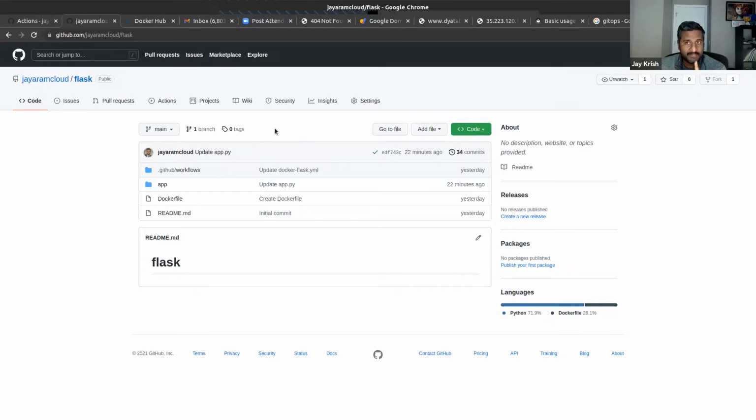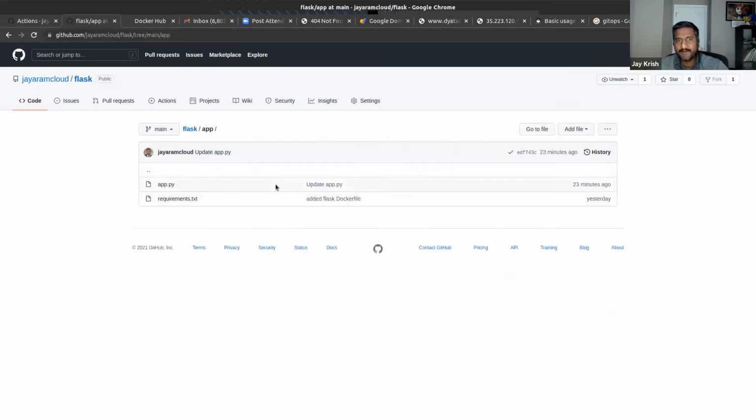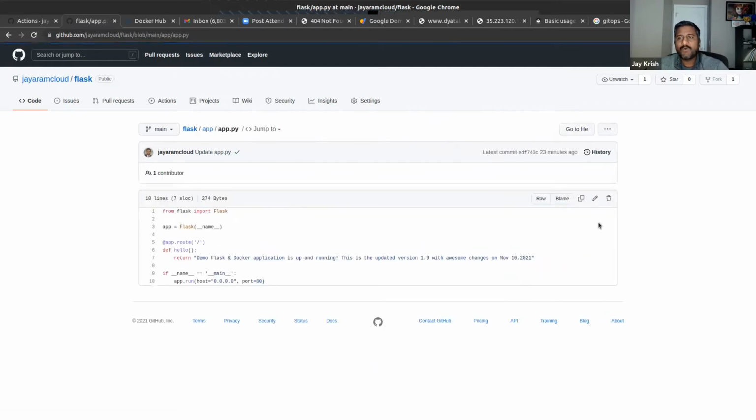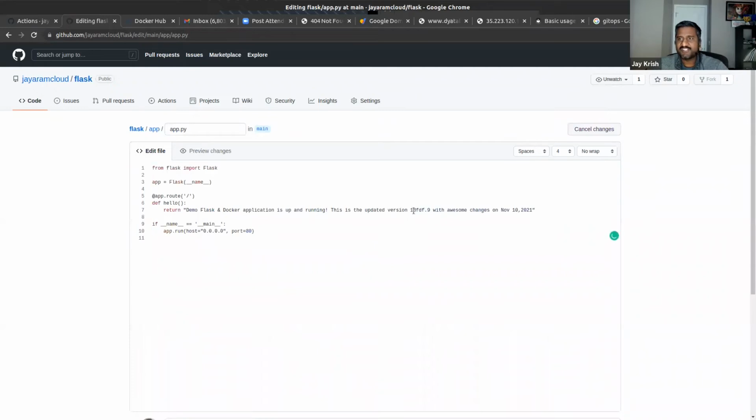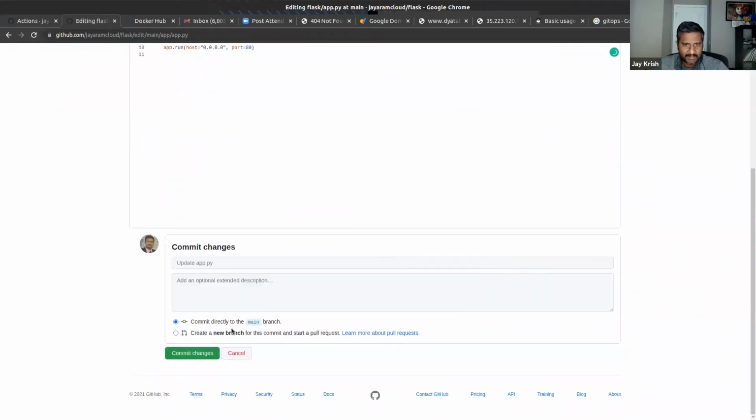Now the advantage is that, if you want to merge anything or edit and change the master branch, you will have one or two levels of code review. Let us say I make some change here, right? Now I don't commit to the main branch.